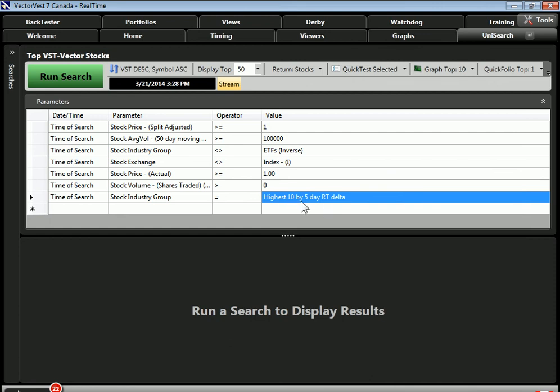Alright, so what does that mean? What exactly does this mean, highest 10 by 5-day RT delta? So let's break it down. Highest 10 means we're only going to be looking at the top 10 industries. Alright, so only 10 industries. That's what we're looking at, just 10 industries. So which 10 are we looking at? So we're only going to be looking at the 10 that have increased their relative timing the most over the